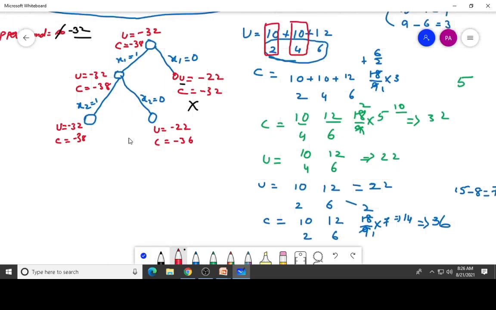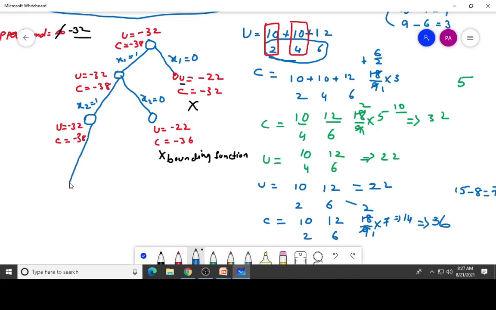Now check what is our upper bound: it is minus 32 and here minus 22. So here also we are applying the bounding function, because the value what you are getting in the upper bound is more than what we have now. Okay, next,